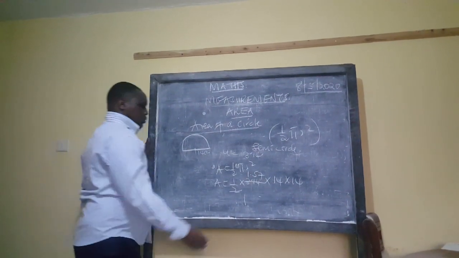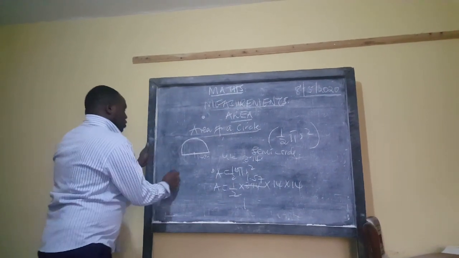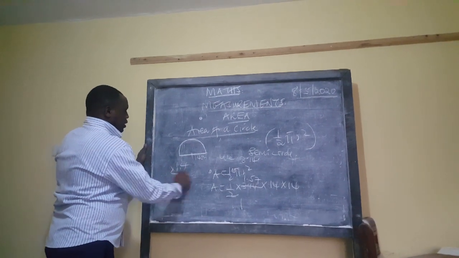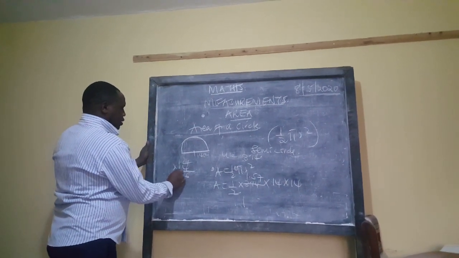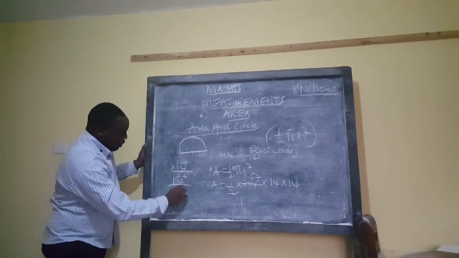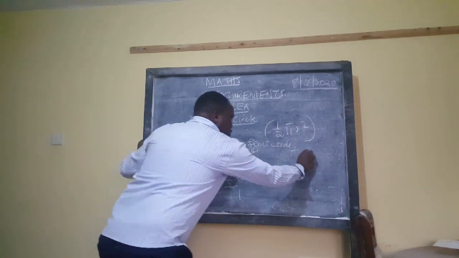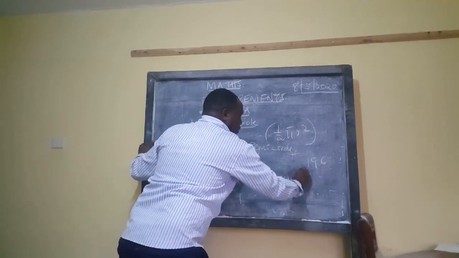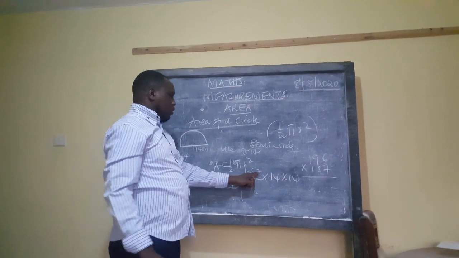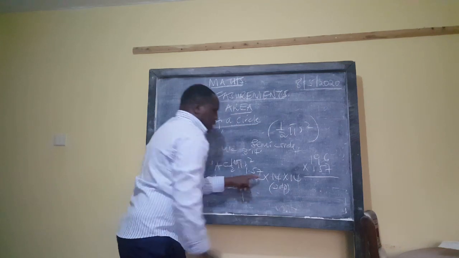1.57. Then you get 1.57 times 14 times 14. So 14 times 14, you get 6, 5, 4, and then 1. This is going to give you 6, 9, 1. So that is 196. So you get your 196, you multiply by 157. We are going to omit the two zeros, and just write here 2 decimal places,